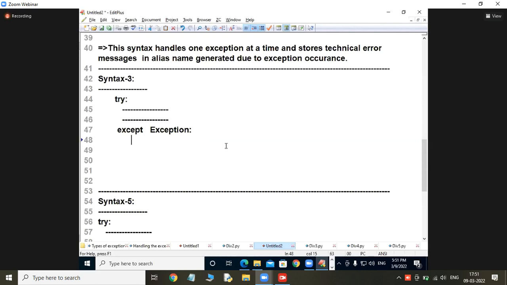Why? Exception is a super class for many exceptions. You can write only something like, oops, something went wrong. Rather than leaving it empty, you can write something like this.